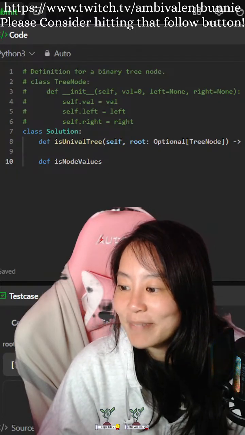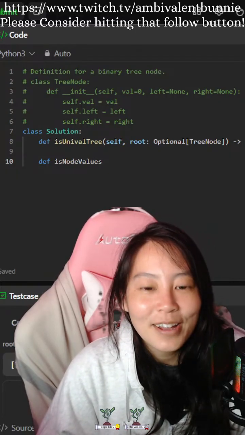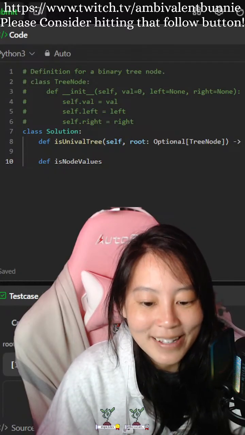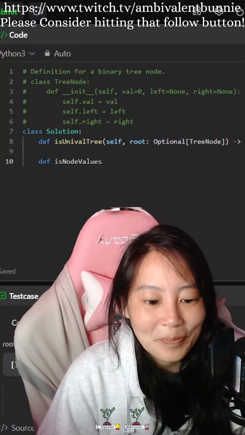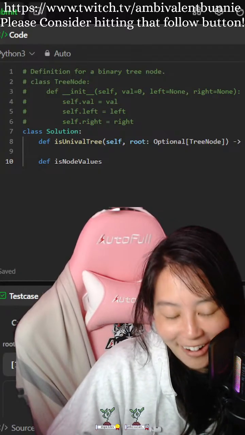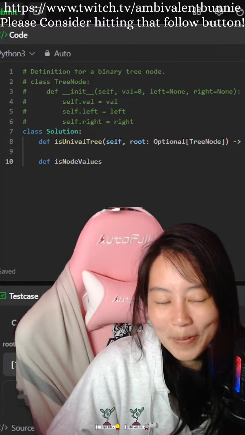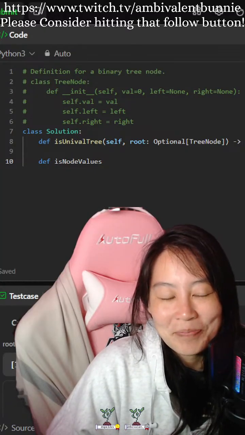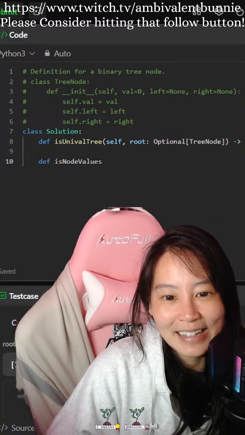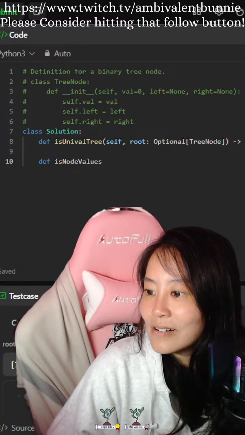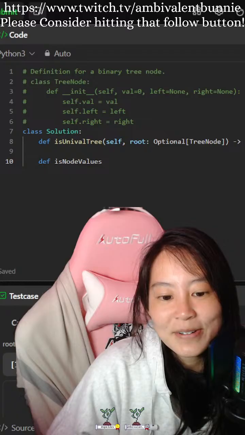Using too much brain power on naming. I'm trying to be better about naming because I get feedback on that a lot, and as I'm trying to get a job as a tech, a software engineer. Yeah, and it also makes it easier for you to know what the functions are.